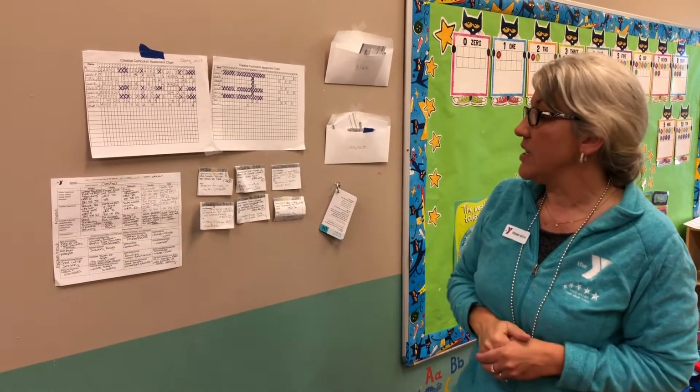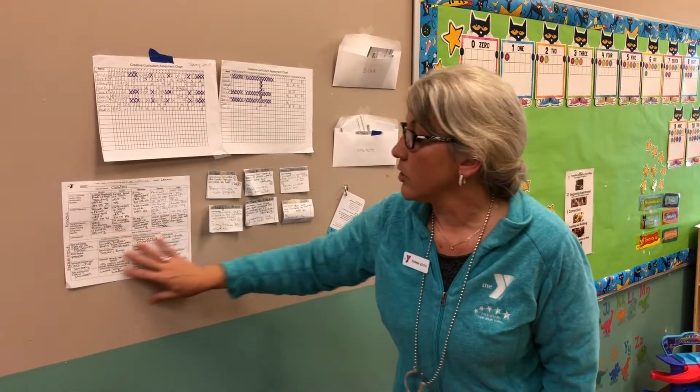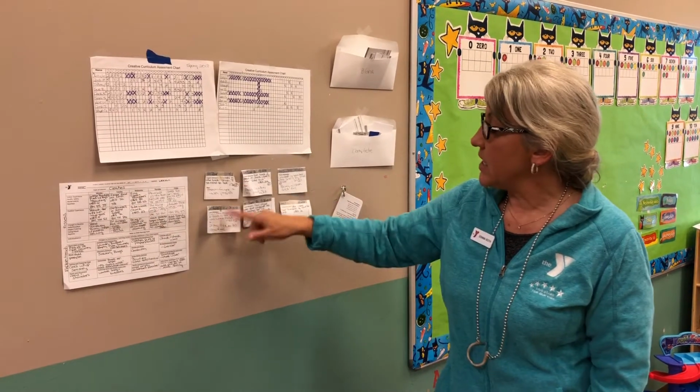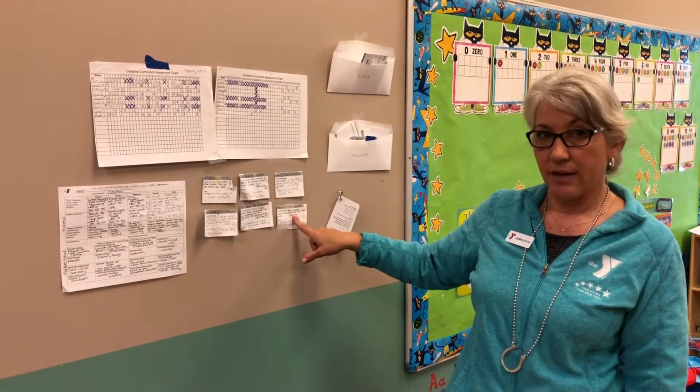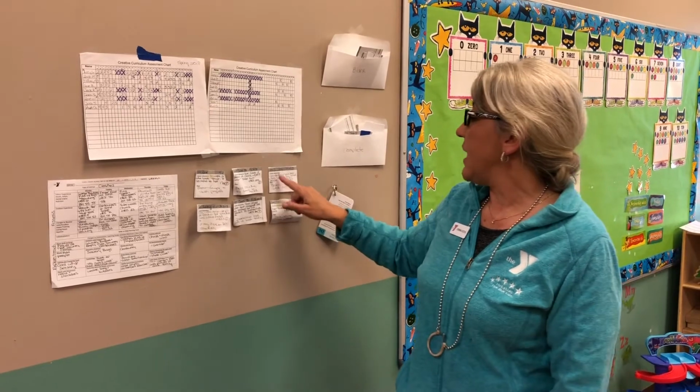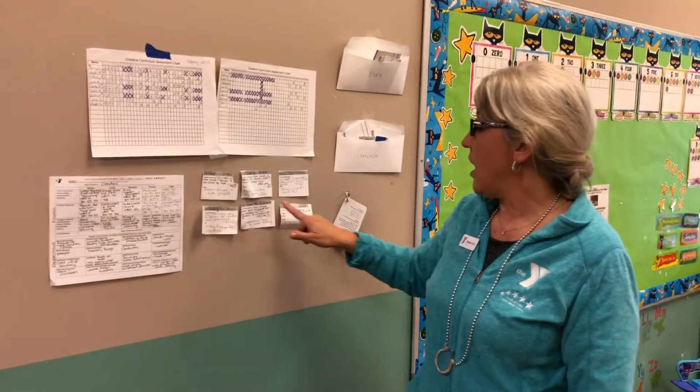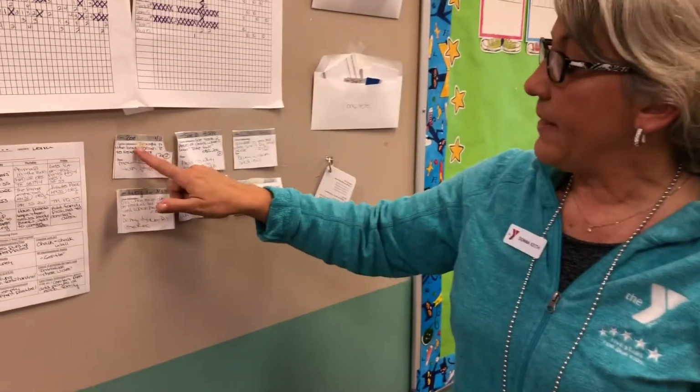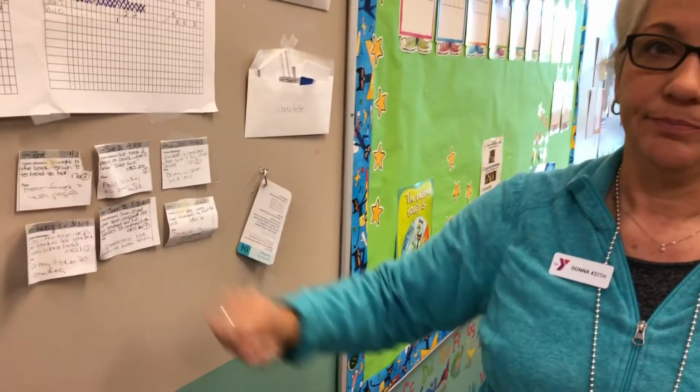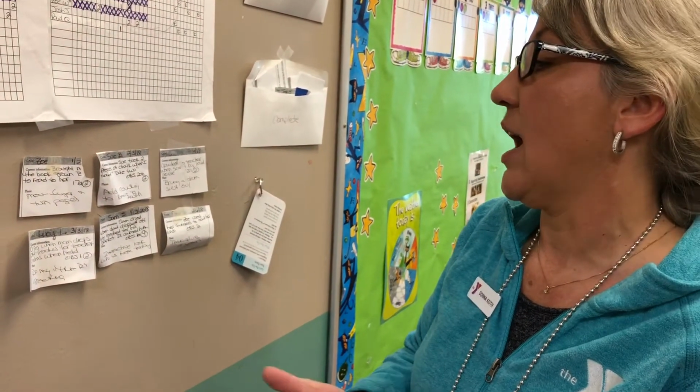So in every infant and toddler room, not only do you have your group lesson plan, but you also have an individual plan for every single child. So the lead teacher will take an anecdotal that was done on every single child in the room, and then at the bottom she will write a plan. So for this particular child,